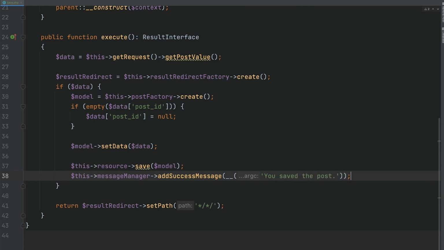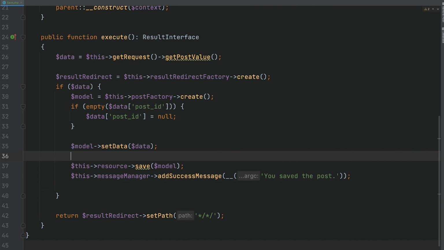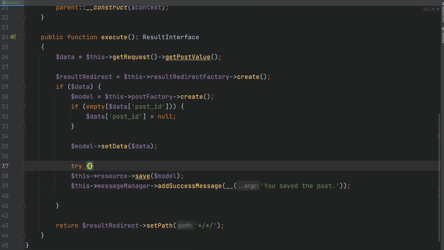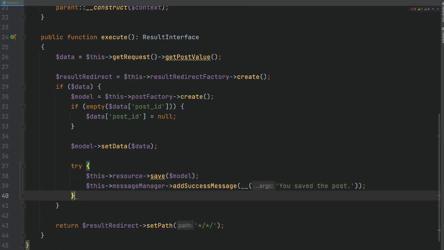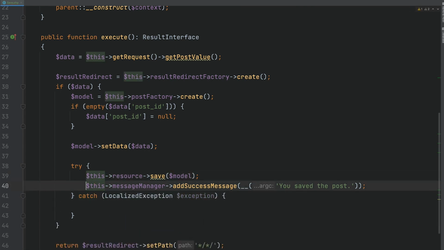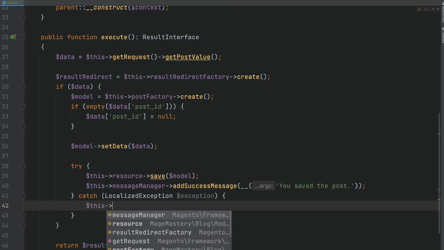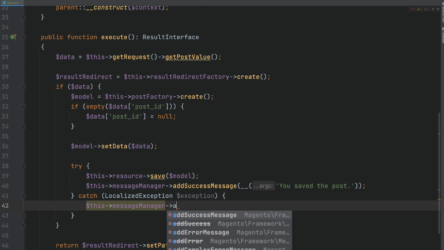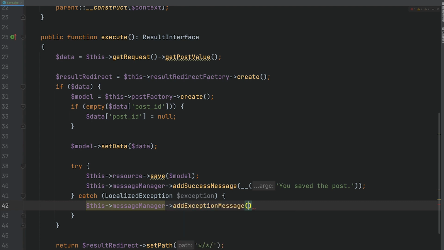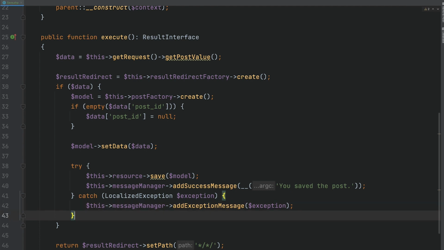However, there could be something that would trigger an exceptional situation, and in this case we have to wrap our call of the save method into a try catch, and we can process exceptions. Usually when we trigger save, a localized exception might be thrown, and for the localized exception we can use the message manager again, add exception message, and pass the exception.